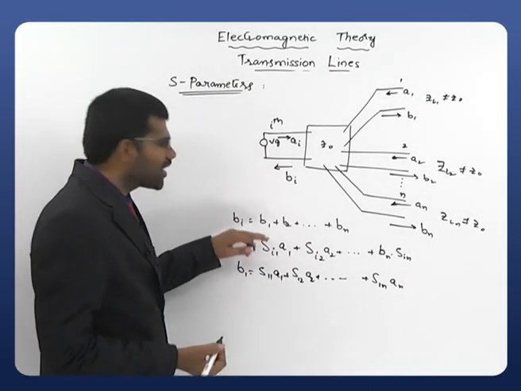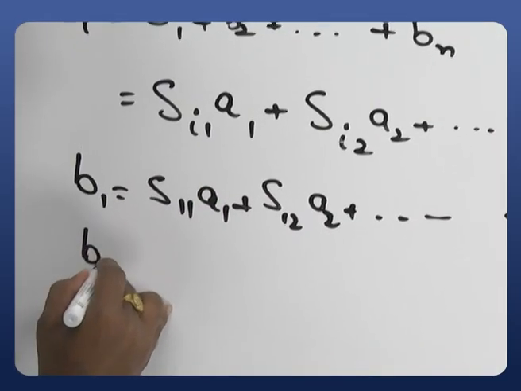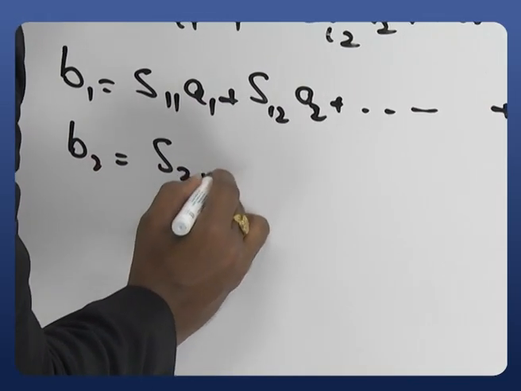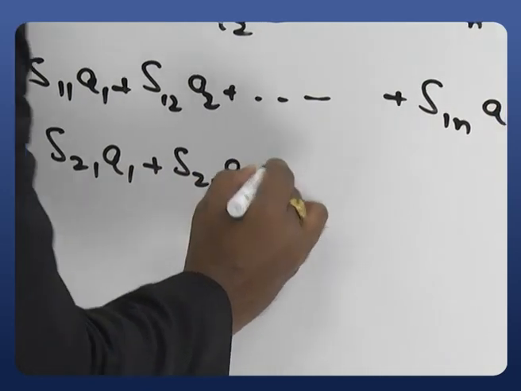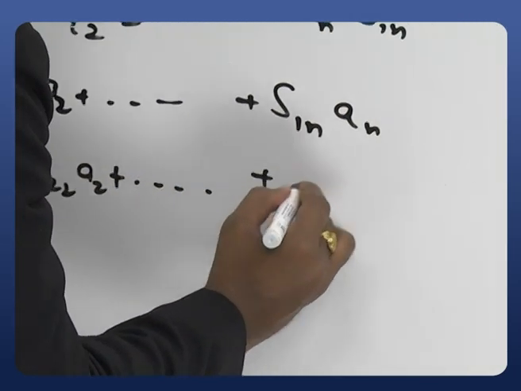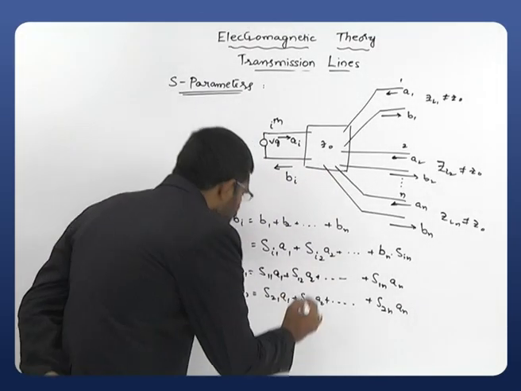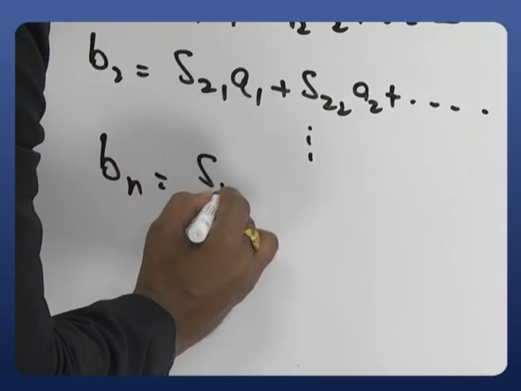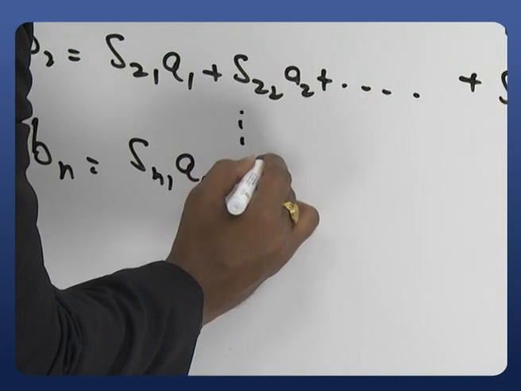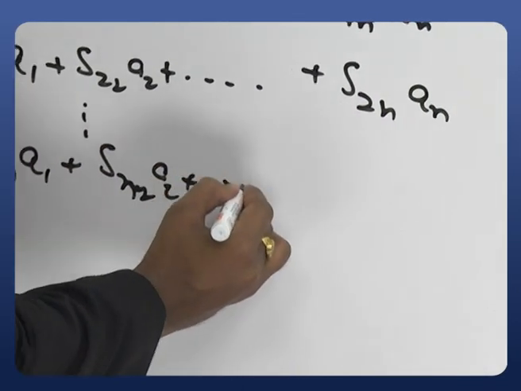I am generalizing this equation by substituting i equals 1 to n. Similarly, B2 is equal to S21 A1 plus S22 A2 plus and so on plus S2n An. Similarly, if i is equal to n, then Bn is equal to Sn1 A1 plus Sn2 A2 and so on